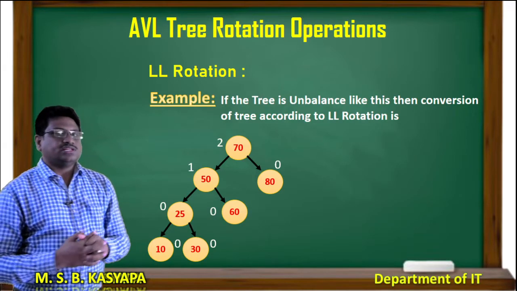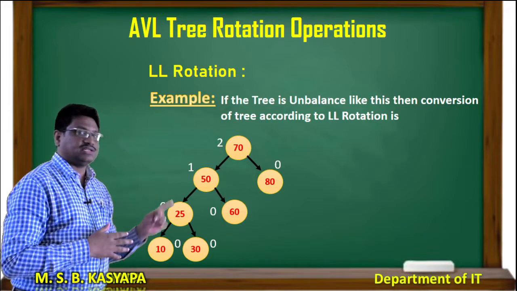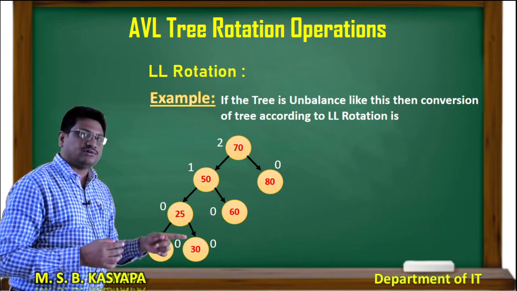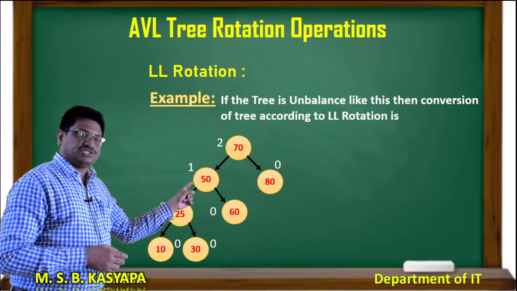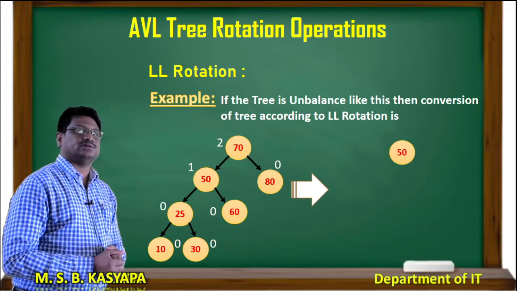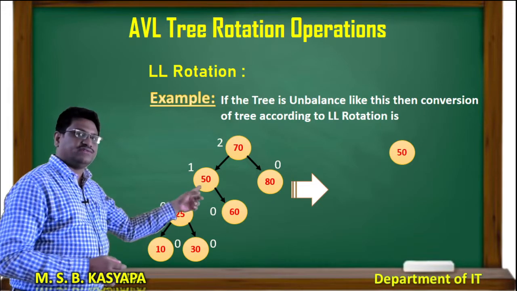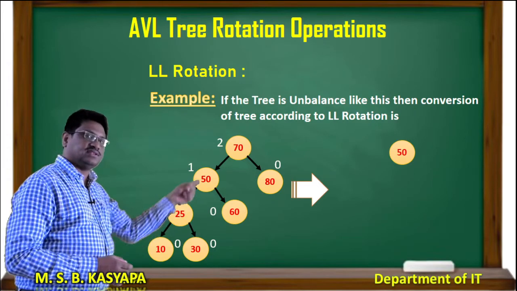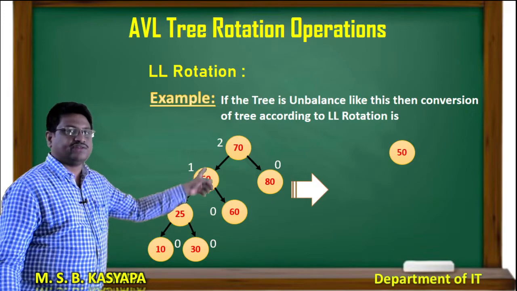Okay. Let us take another example. Now, this binary search tree is not a balanced tree, it is a binary search tree, but not an AVL tree. If I want to convert this, first what do I have to do? First I have to take the left child as the root node. So that is 50. So 50 is my root node. If it has any left subchild, then make it a left child for this root node. So 25, 10, 30 are the left side of 50.